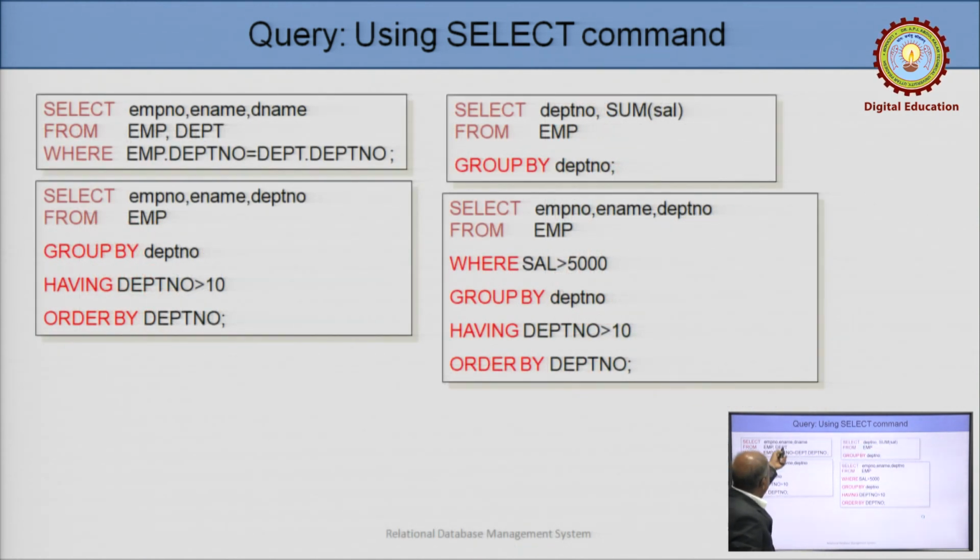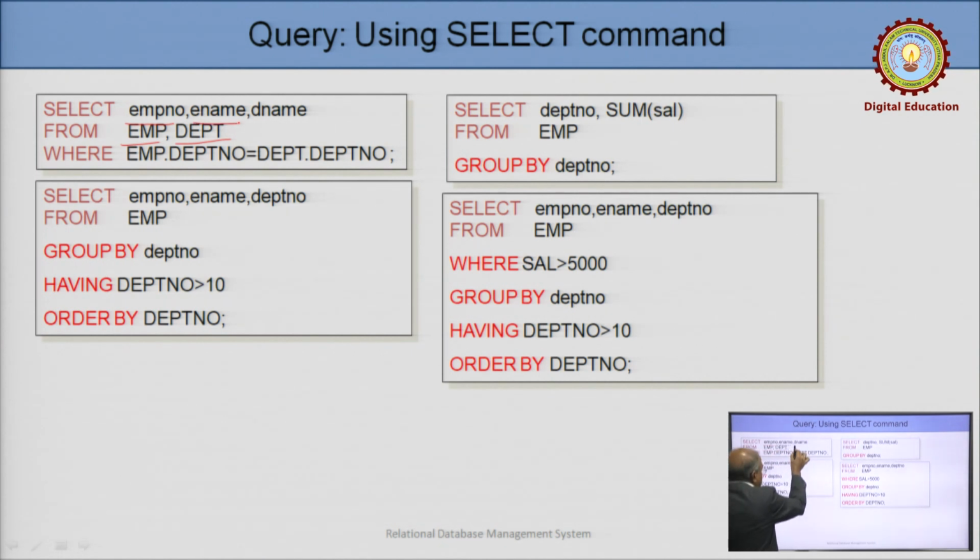Select employee number, employee name, department name from EMP, DEPT. Here we are using both the relations, both the tables, EMP and DEPT, where EMP.DEPTNO is equal to DEPT.DEPTNO. From the employee table, we want to fetch the employee number, and the employee name again from the EMP table,